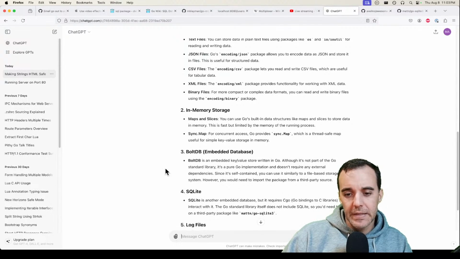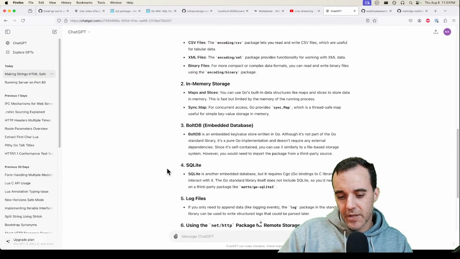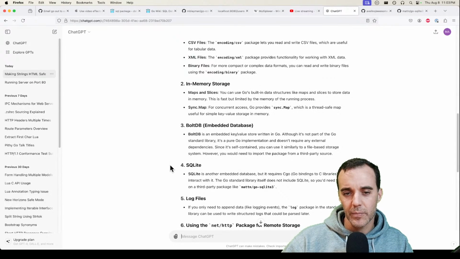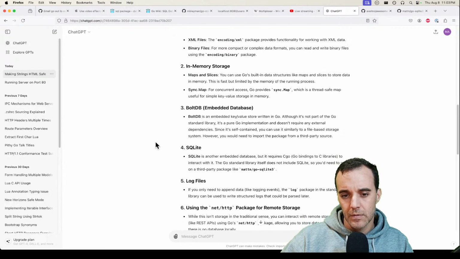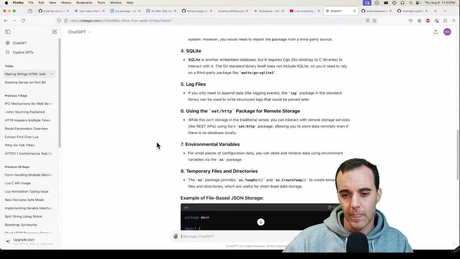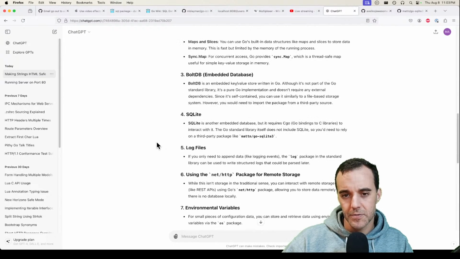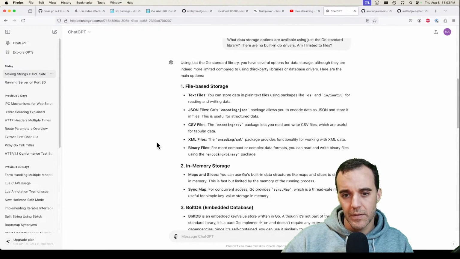Well, they're recommending, even though I told it to stick with just standard library stuff, recommending tools that are outside of that. We could use files. That's interesting.